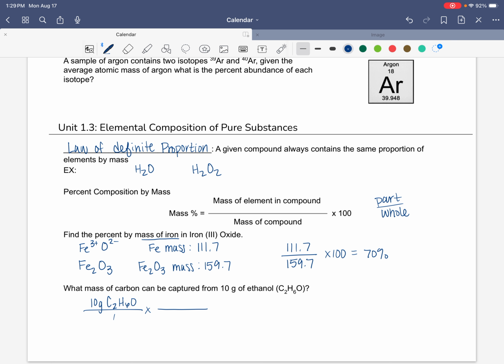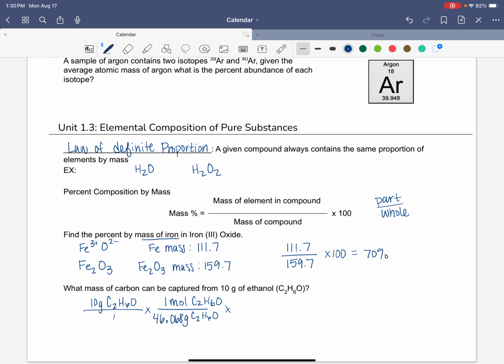Looking at the formula, there is a 2 here, so there are 2 moles of carbon for every 1 mole of ethanol. And then from there, I can convert moles of carbon into the mass of carbon. So I have my grams of C2H6O, which has to drop down since it was up above, and I'm going to moles of C2H6O. My mass would just be the molar mass, so I would take 2 times the mass of carbon plus 6 times the mass of hydrogen plus the mass of oxygen to get a molar mass of